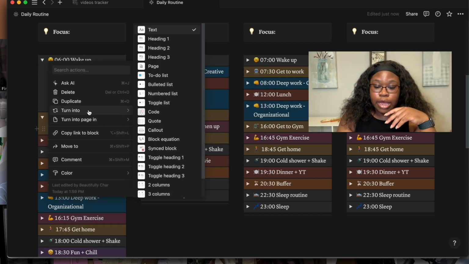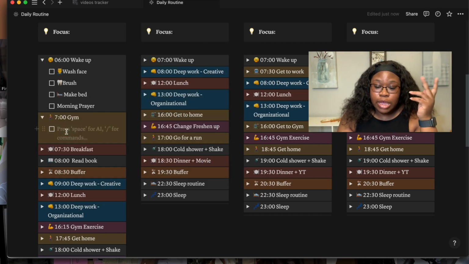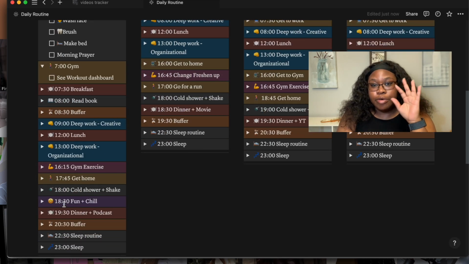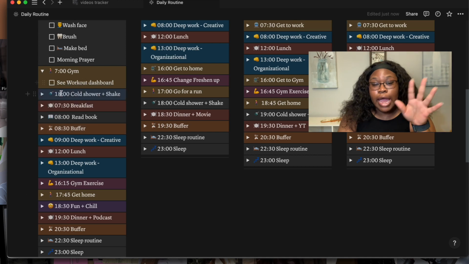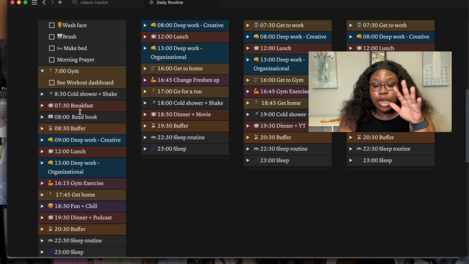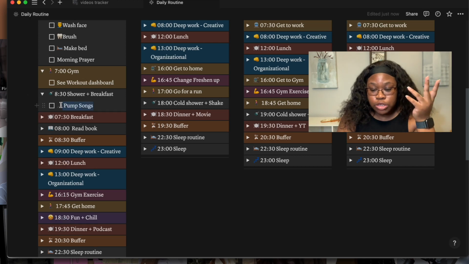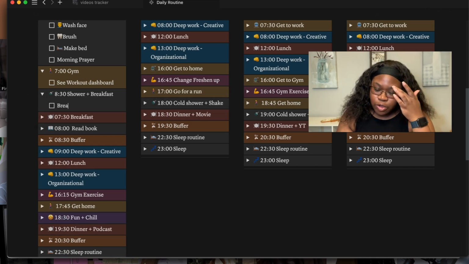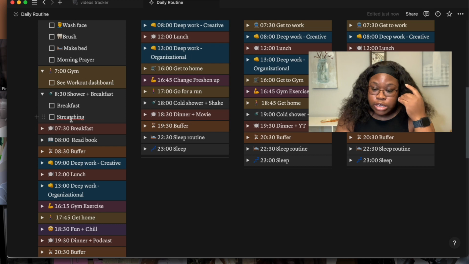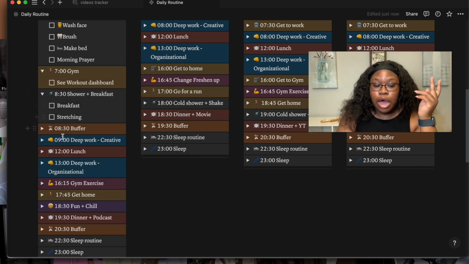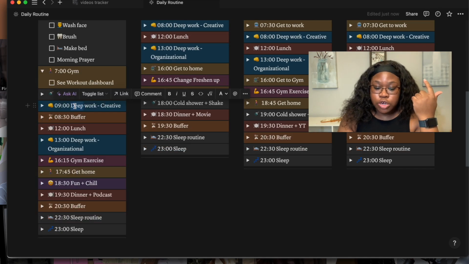So yeah, we're just gonna go in and update everything. They have the drop down arrow that you can click, and you can add more to-dos in there, and you can click it and check off each one as you go through it each day if you want to. I just need to visually see it in order to do it. So I was figuring out how I want to do my time, what I want to do when. The main thing for me is I wanted to ensure that